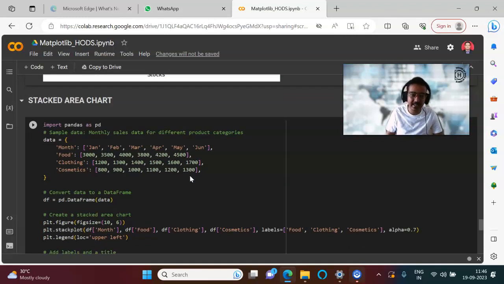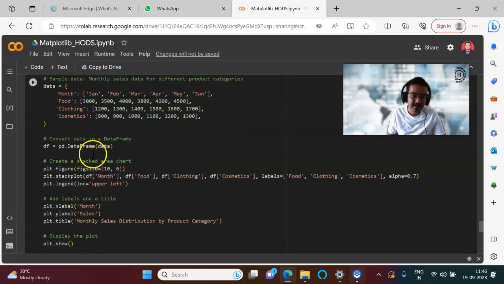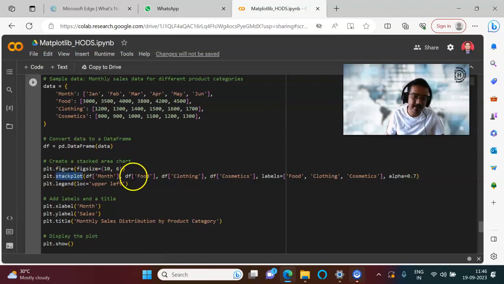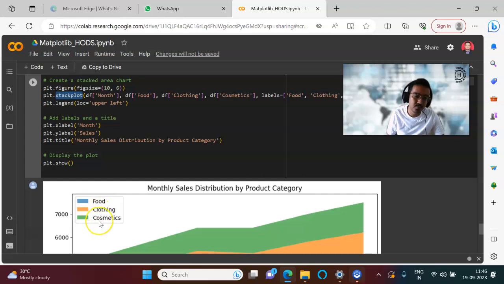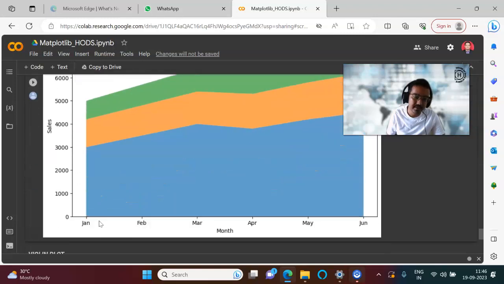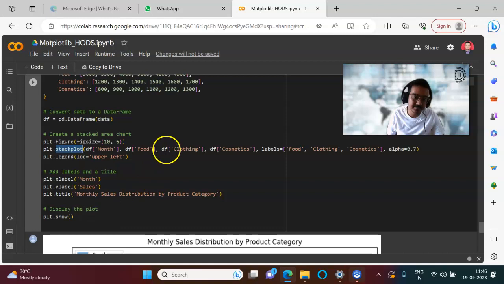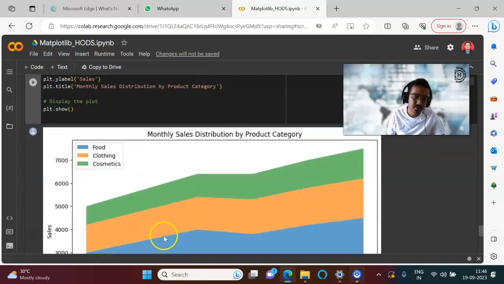Now suppose stacked area हमको स्टडी करना है, राइट। तो अगेन हमारे पास तीन चीजें हैं, एक्सपेंसेस है, फूड, क्लोथिंग और कॉस्मेटिक का। हमने उसको डेटा फ्रेम में कन्वर्ट किया। हम यहाँ पे रैंडम डेटा नहीं जनरेट कर रहे हैं, एक्चुअल डेटा हमने लिया है ये 6 पॉइंट्स का, उसको कन्वर्ट किया, उसको स्टैक प्लॉट में बनाया, अलग अलग डेटा फ्रेम बना दिए सबके, और तीनों को लेबल दे दिया। फिर उसमें लेजेंड प्लॉट कर दिया अपर लेफ्ट में, जो कि फूड, क्लोथिंग और कॉस्मेटिक्स है, राइट।